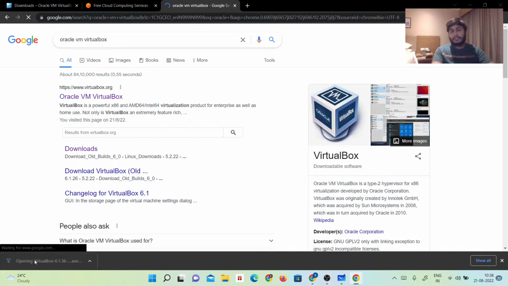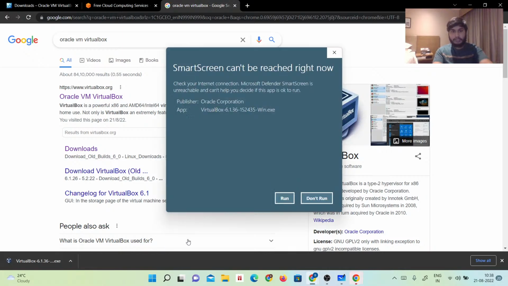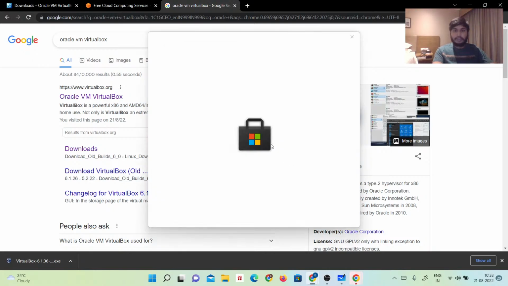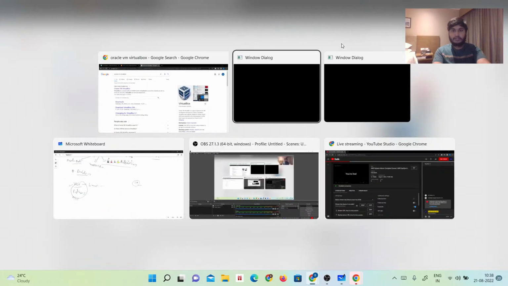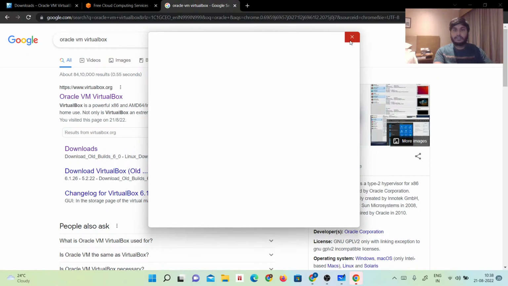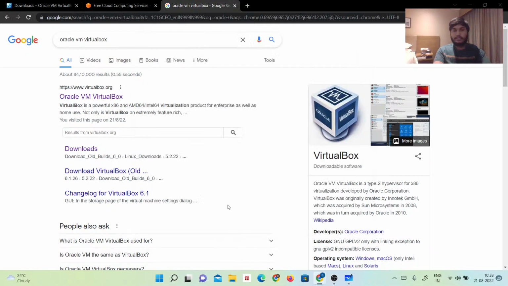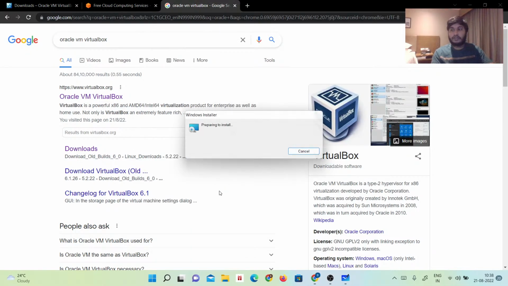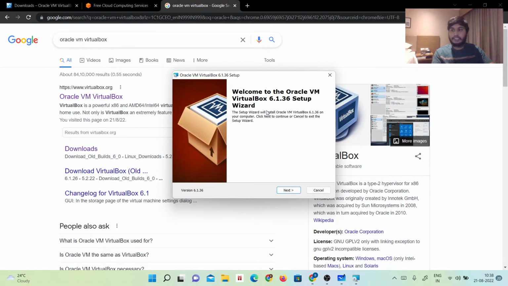You just have to open it. It will give you, it's the Windows thing, like there's a smart kernel. So run or runner. I will try to run this, and then it will prompt you for the yes or no for the authentication. So you will see this dashboard,